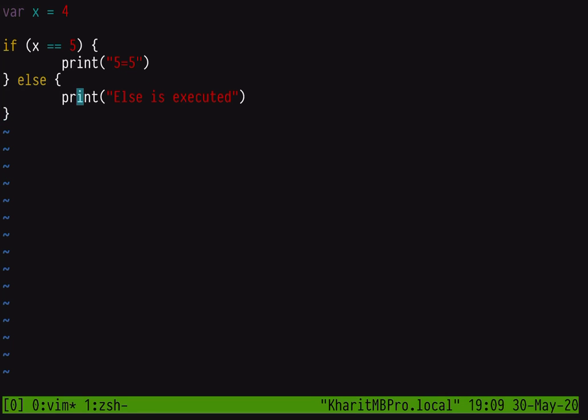And the other thing is that you can chain your conditions like this. So if this condition, then do this, else you can provide here if x equals 6, right? And then if this one is not true, you can provide